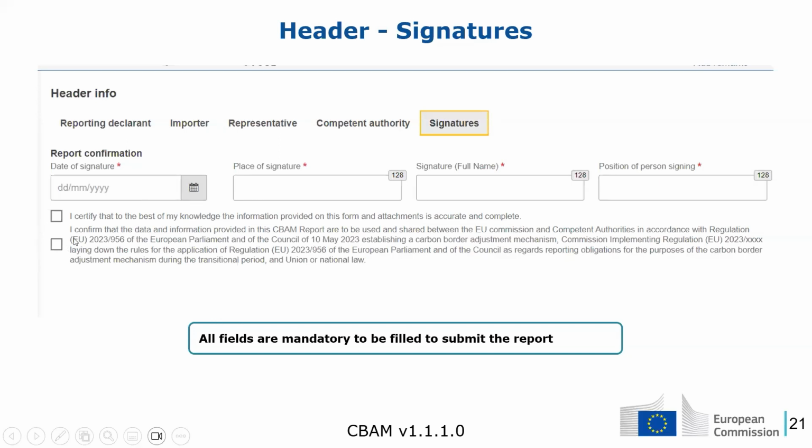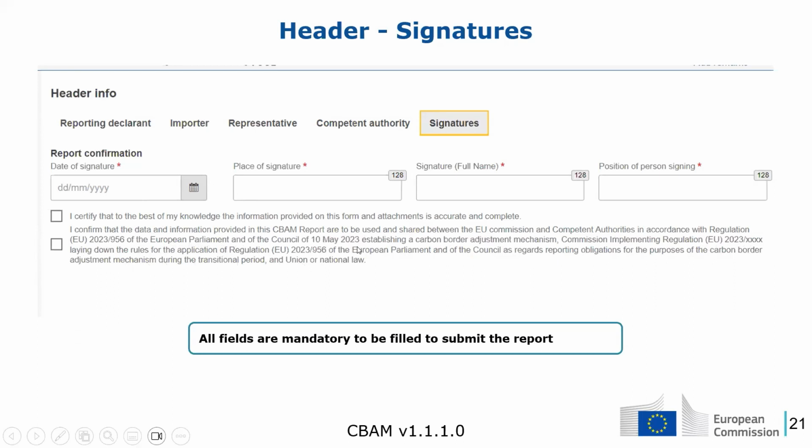The second checkbox is related to the fact that the information provided in this CBAM report is to be used and shared between the EU Commission and competent authorities in accordance with the regulation.